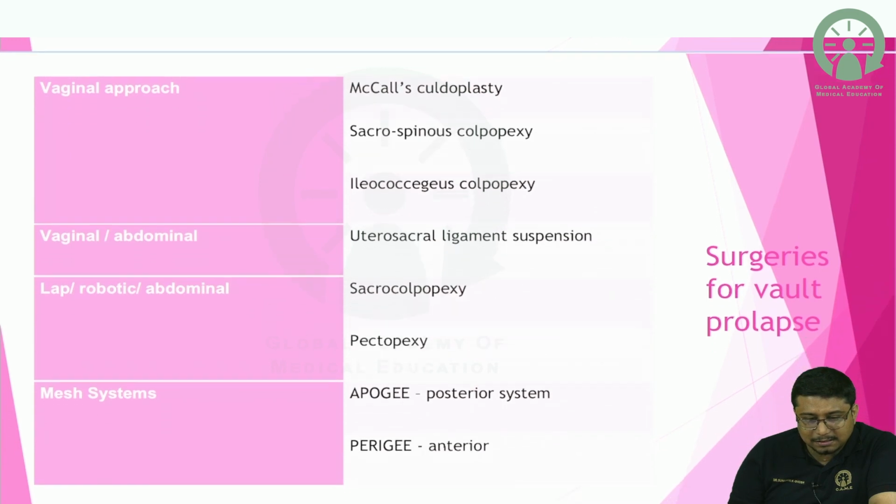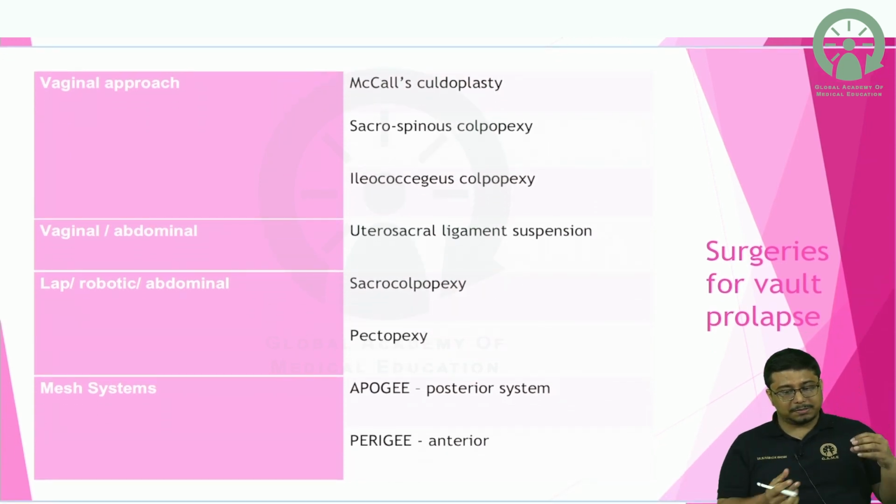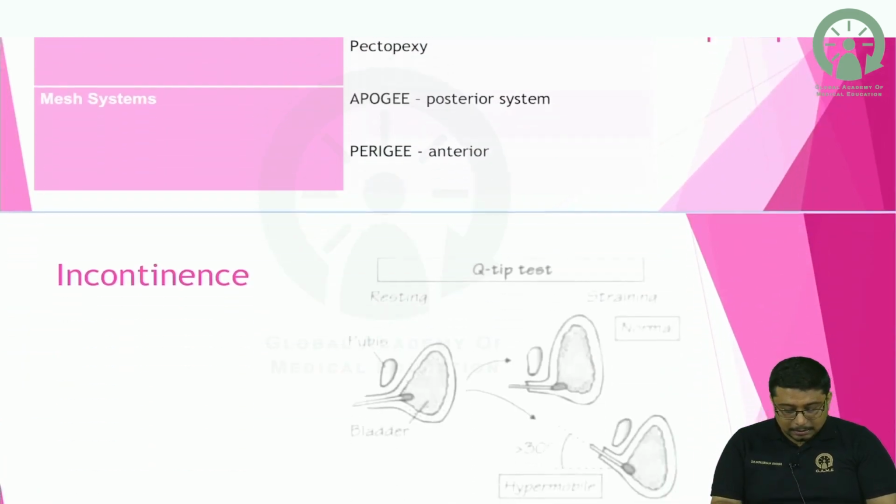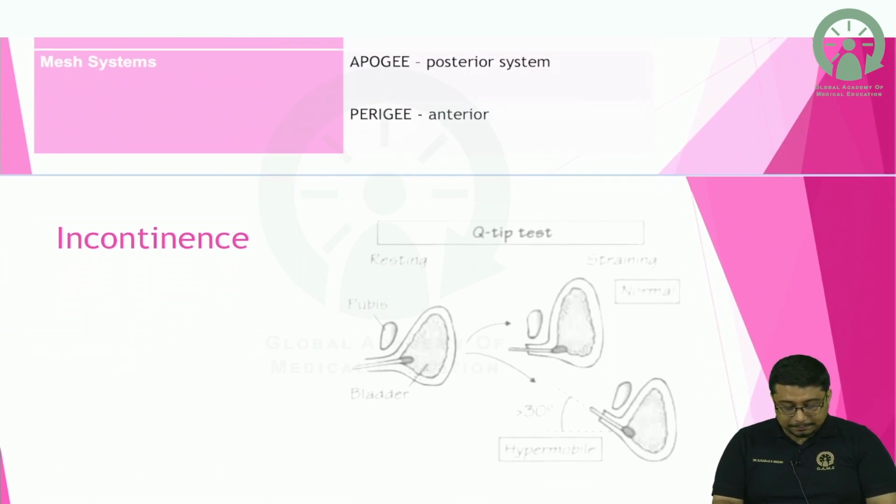So what are the surgeries for vault prolapse? Vault prolapse is basically when the vault of the vagina prolapses out after a hysterectomy, right? After a hysterectomy. So these are the surgeries that can be done for vault prolapse. Coming to incontinence,